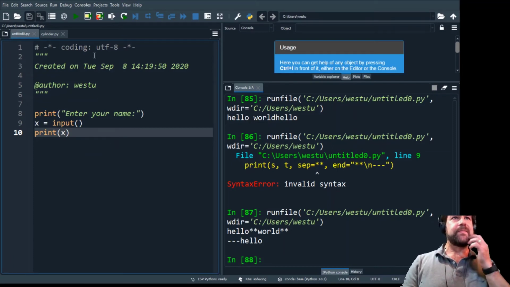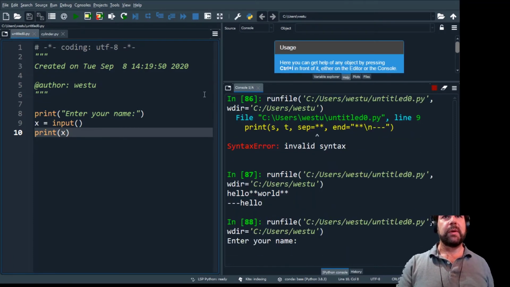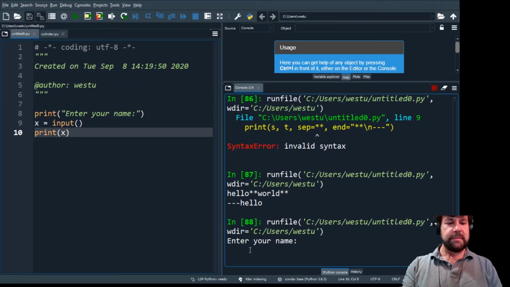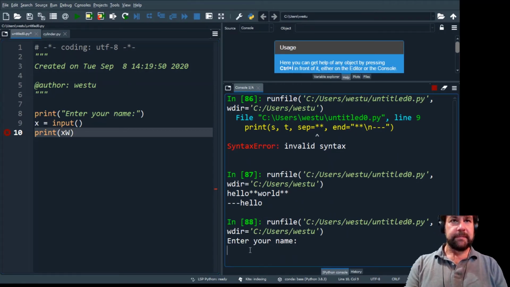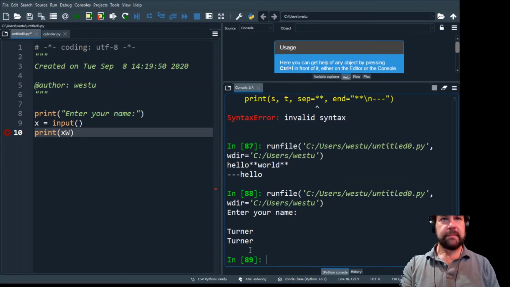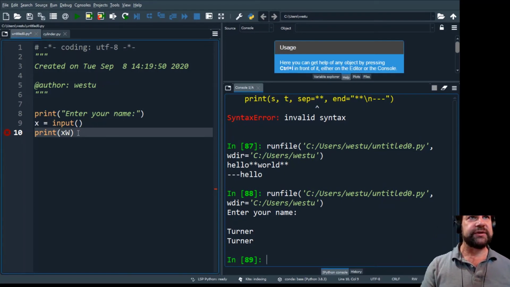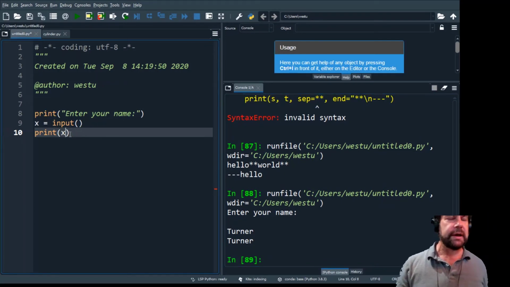Okay, and if we run this, what we'll see is it comes down here. It says enter your name, and you can enter your name, right? And then it comes out and it prints your name, and I got a W in there now. Okay,